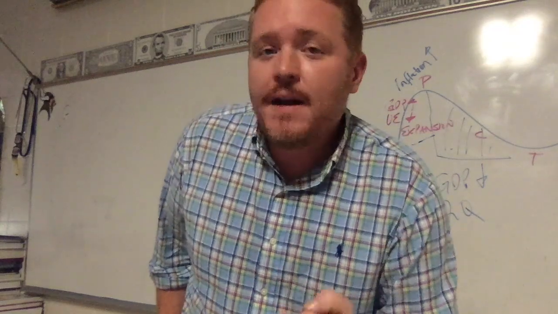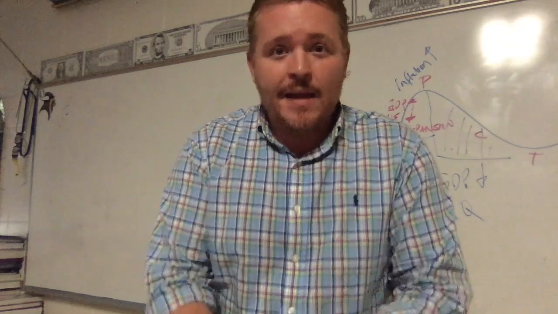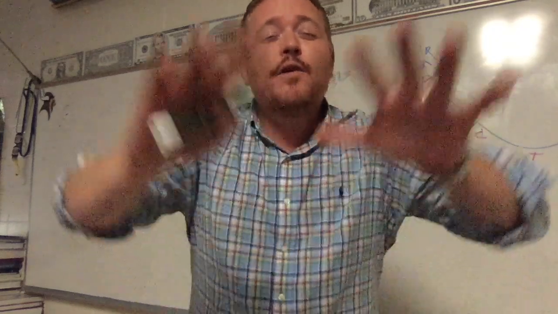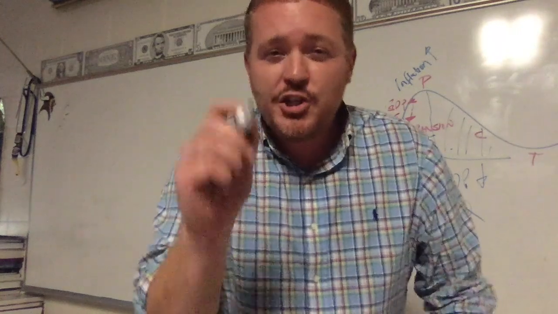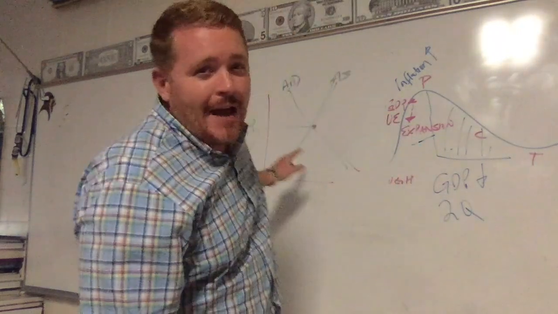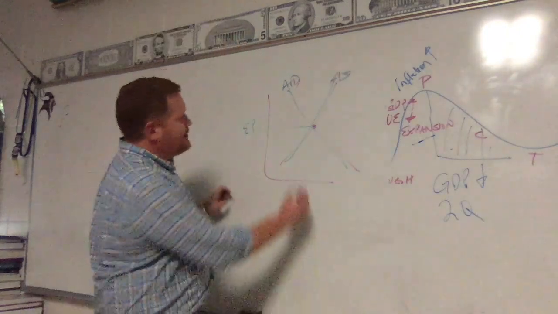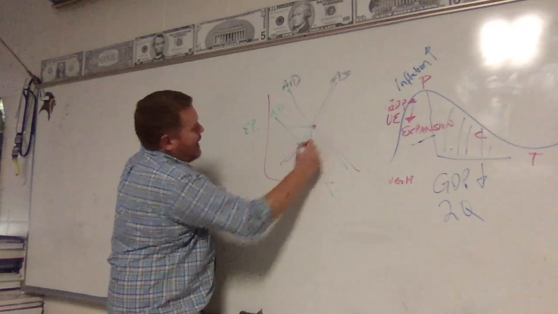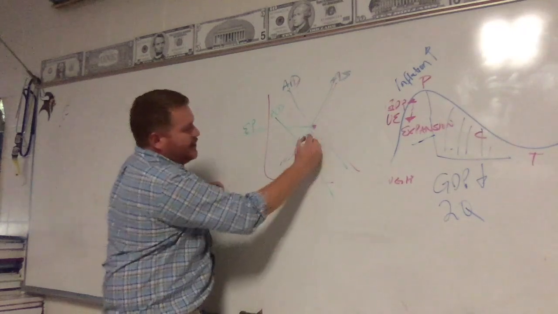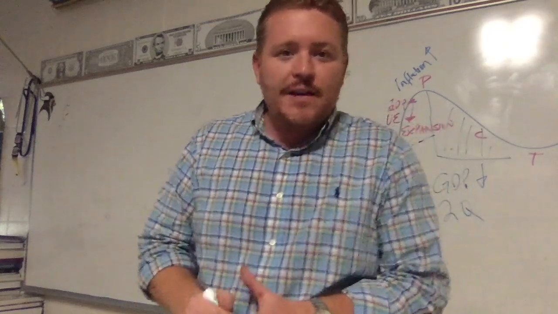So if people don't have that ability to pay for it because the economy's tough, that means demand is going to fall for all goods and services. We're going to see aggregate demand fall, which you should know means that this aggregate demand curve is going to shift. And you should also know that that means it shifts to the left. And so when we do that, look what happens to equilibrium prices for goods. It goes down, it drops